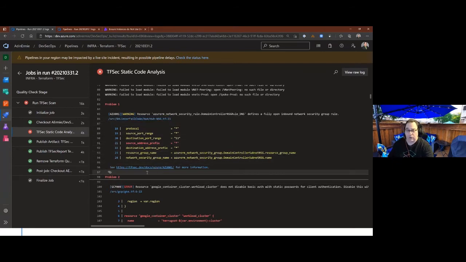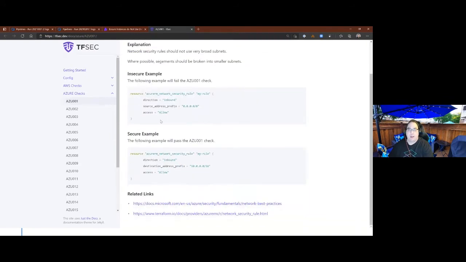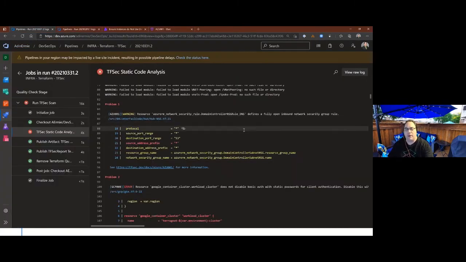And just like the other tool, it also has a link for more information on, hey, if you hit this, what do you need to do? Here's an insecure example. This might be a little small, my apologies. Make that bigger, right? Here's an insecure example. Here's a secure example. So again, it provides you with that guidance instead of just saying, hey, you did it wrong, or this is insecure, and have fun figuring out how to make it work properly. It gives you that guidance.